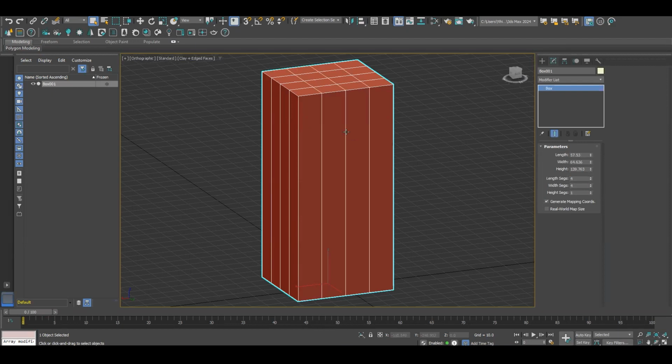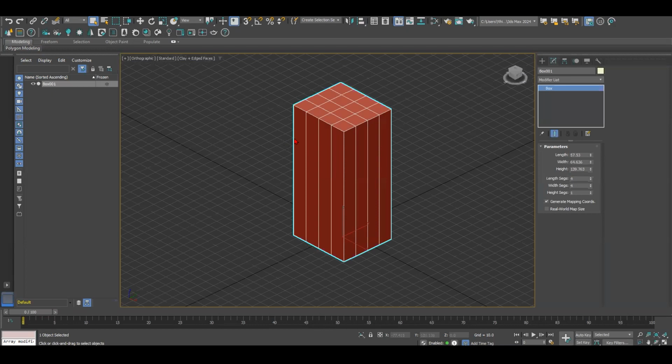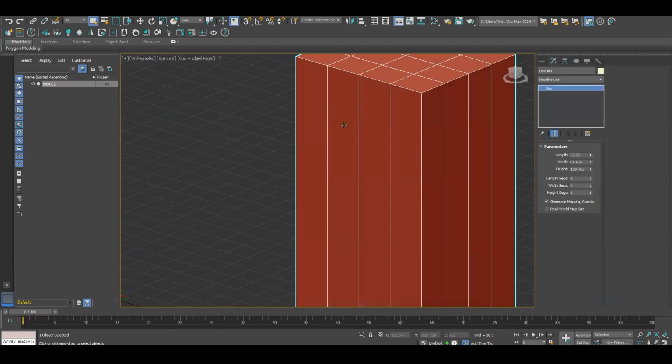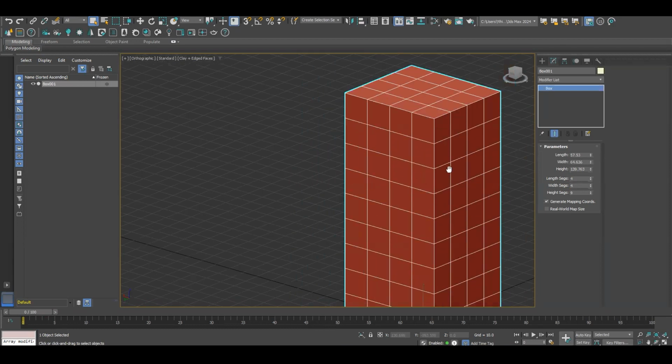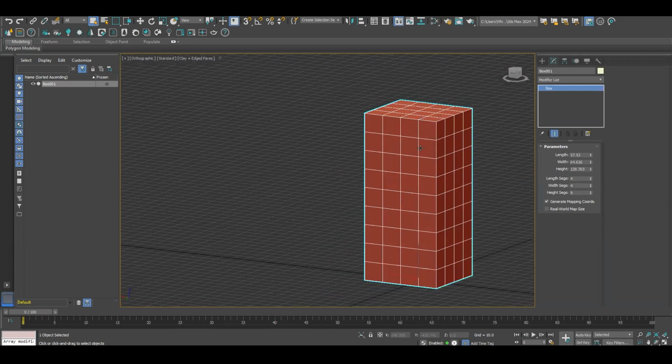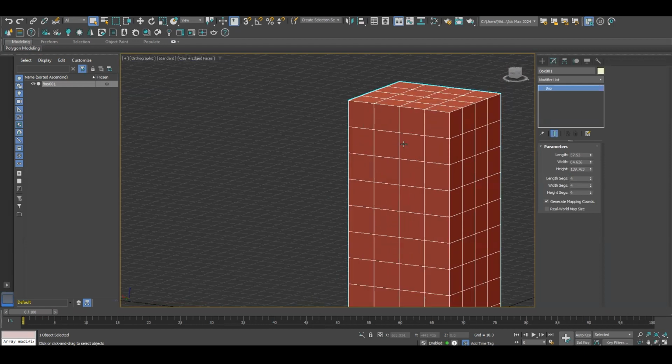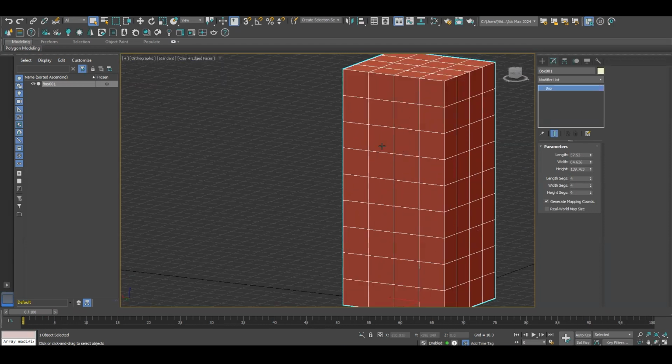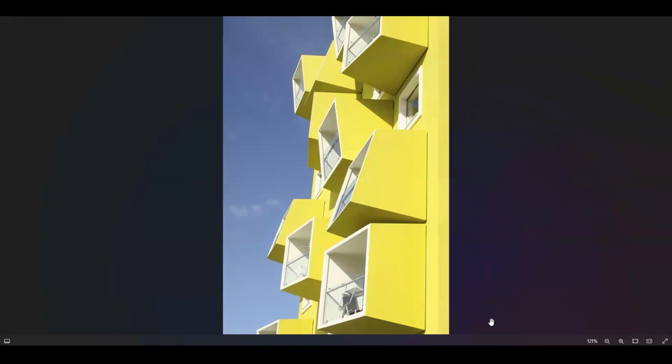I have 4 bays each side, and today we can just focus on one side, understand the idea, and then repeat this everywhere else. So if we decide to have this, the horizontal lines are each floor, and the vertical lines are the separation between the window and the balcony bay.